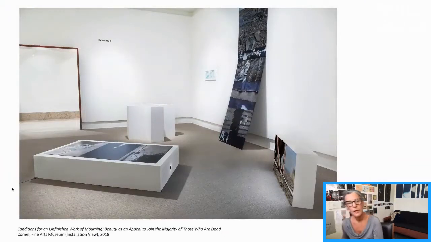Before I dive right in, though, it's probably important to contextualize this project in relation to this ongoing multi-part series, Conditions for an Unfinished Work of Mourning. This is a project that draws upon a heaviness or weight present in certain sites within the landscape, and how these aspects correspond with grief. Some of you might recall seeing this work in our last faculty exhibition here at CFAM a few years ago. This project connected with the overlapping histories embedded within the coastal trails throughout the Pyrenees Mountains that are along the Spain-France border.